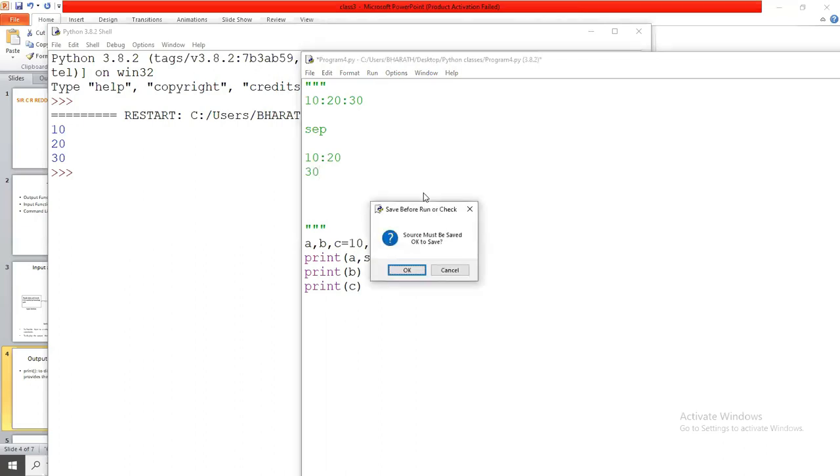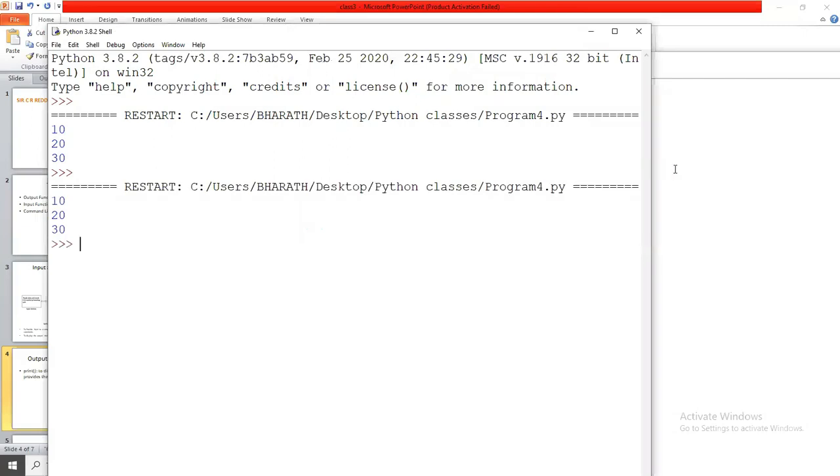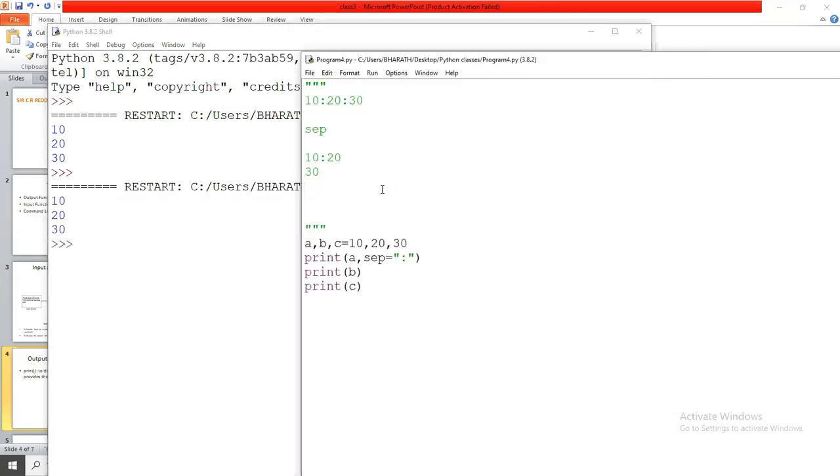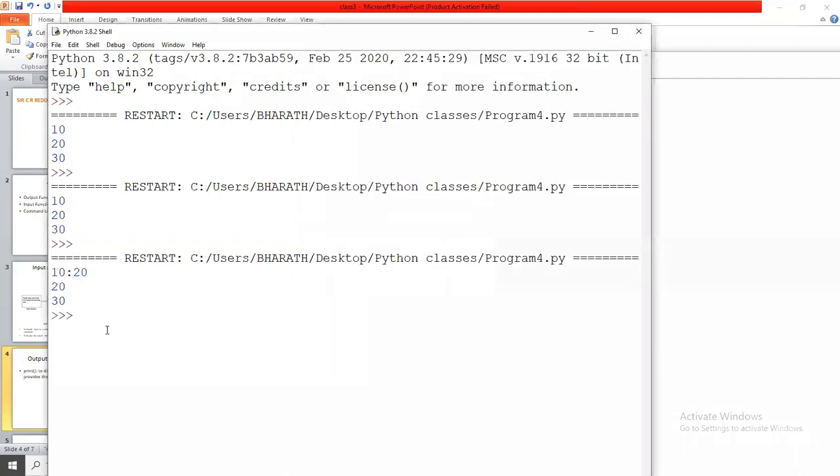First we execute this. Here we are giving comma b, c. So 10 colon 20.